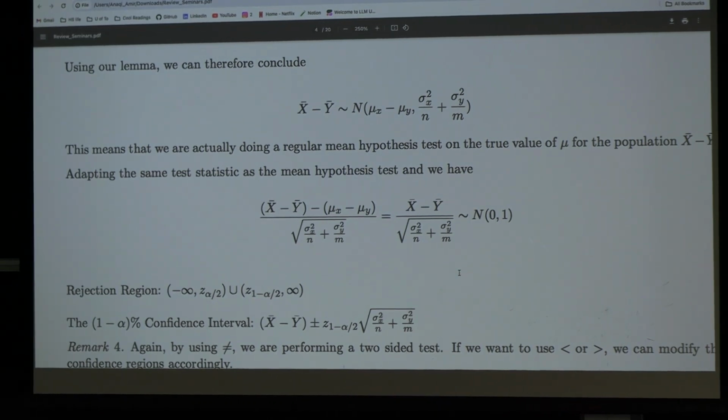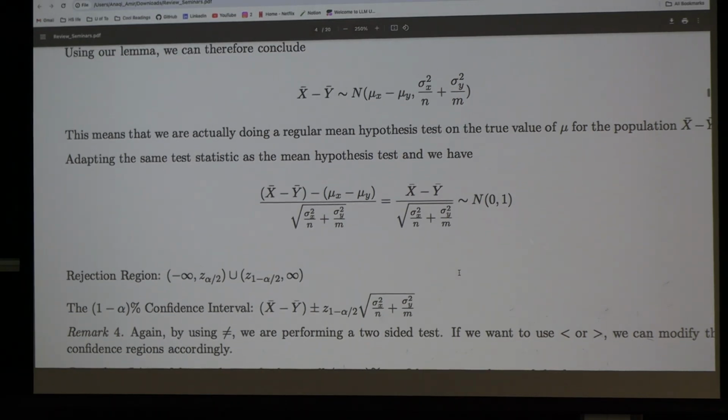Furthermore, they give you a confidence interval for this. The confidence interval is below. It is the difference between their sample means plus or minus the q-norm of 1 minus alpha over 2 times the square root of their sample variances. Now, I want to take a pause here. I think Malhar mentioned it earlier when he talked about margin of error. But there is an important intuition that comes with confidence intervals that is less useful for this class, but for those of you who want to pursue statistics after B57,